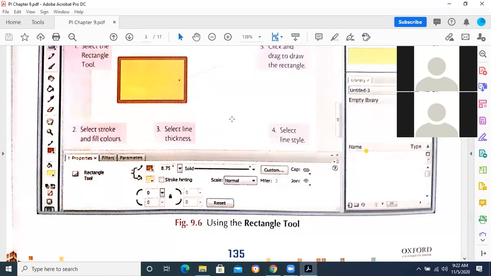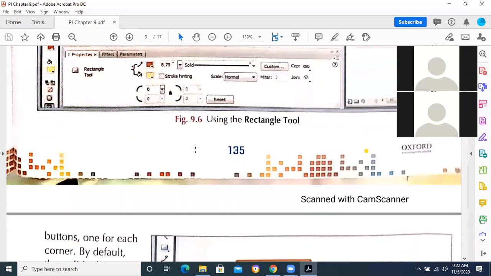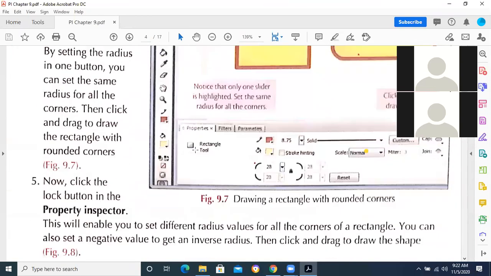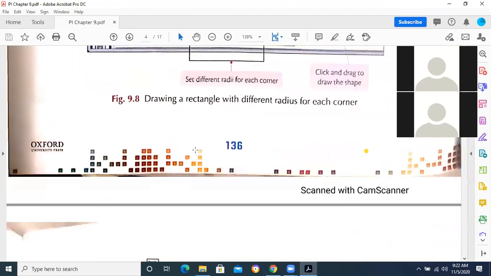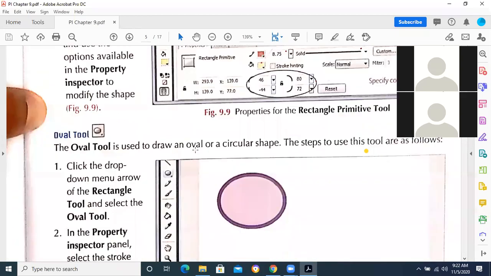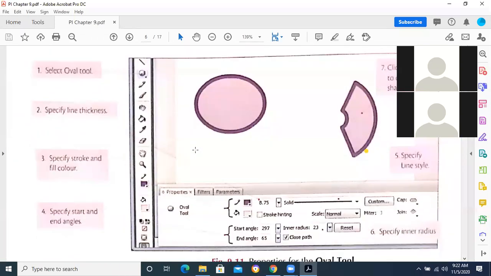Sir, in the other oval we can change shapes, like we can make the corners, we can change the outline, I mean the corners. Yes. Okay, fine.